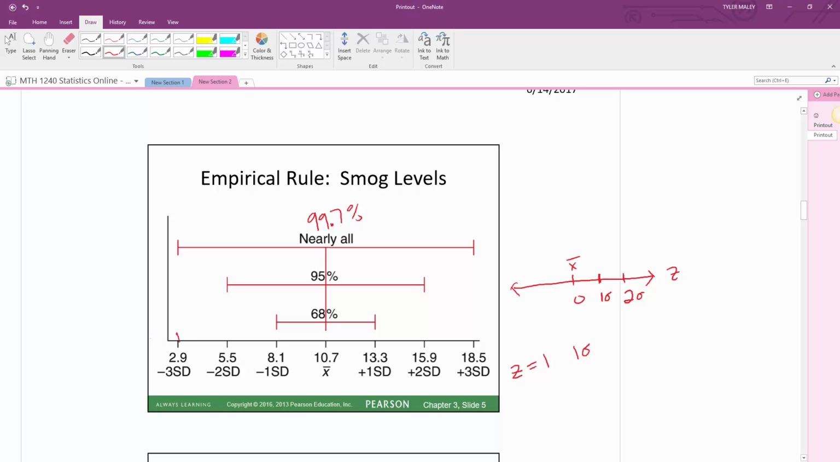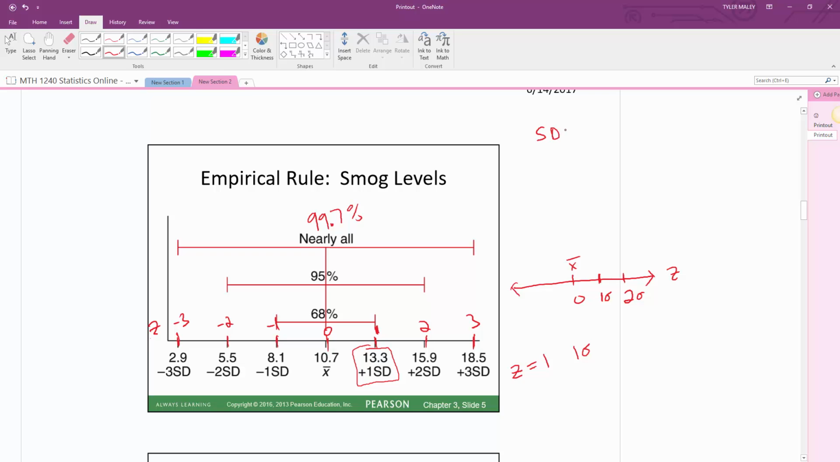So if I use this line to represent z's, this would be -3, -2, -1, 0, 1, 2, and 3. And you might be wondering where these values came from. I believe we calculated all of these in the previous section, but just to remind you,